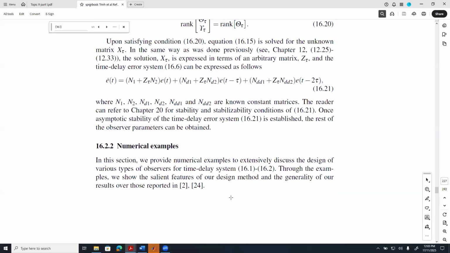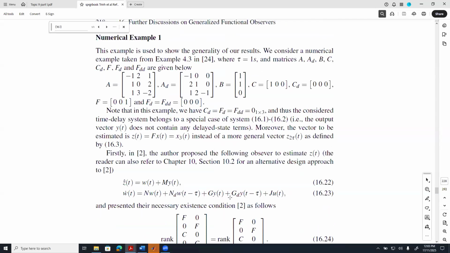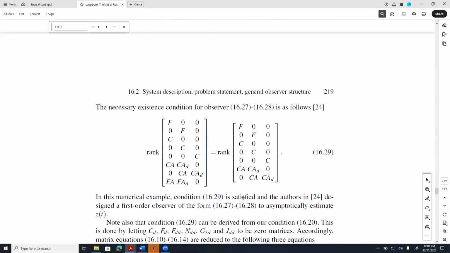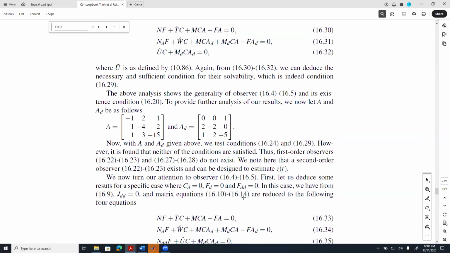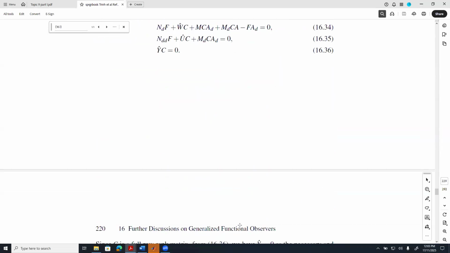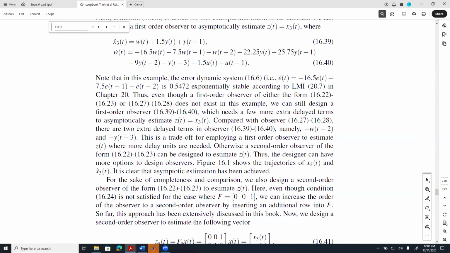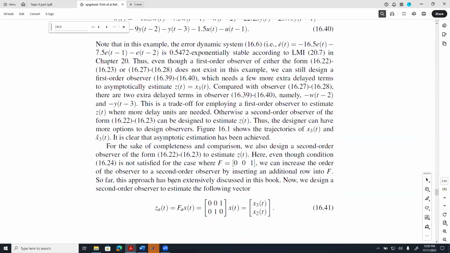And that's what we're going to do next in the next few numerical examples. By the way, in the book, in this chapter, we also discussed that if we want to design a second order observer, we can do it. That's not a problem. In fact, reference 2 and reference 24 can also be applied to obtain a second